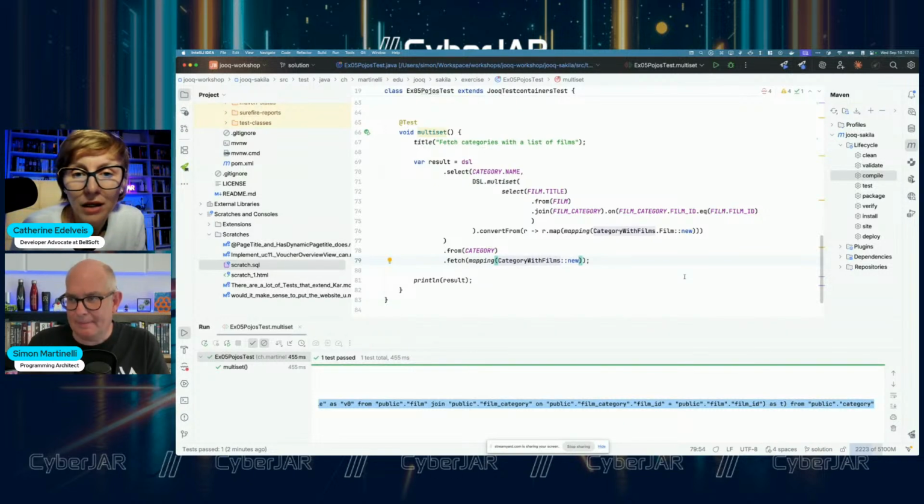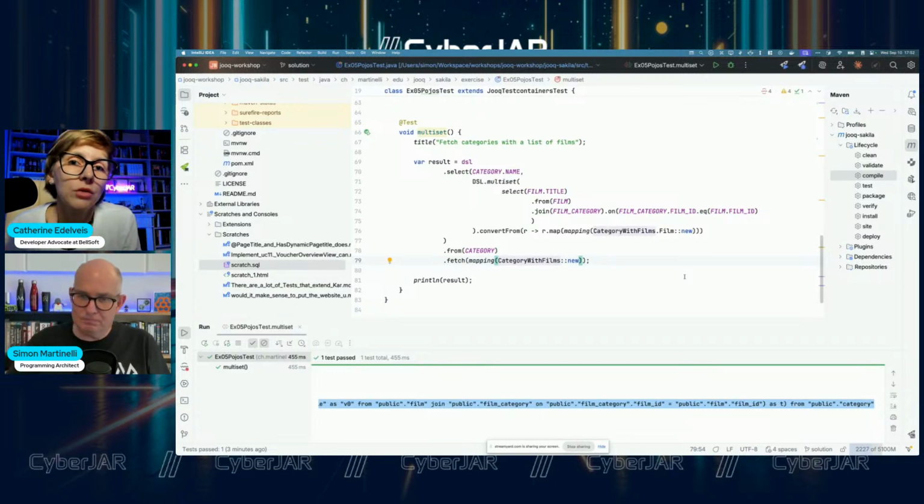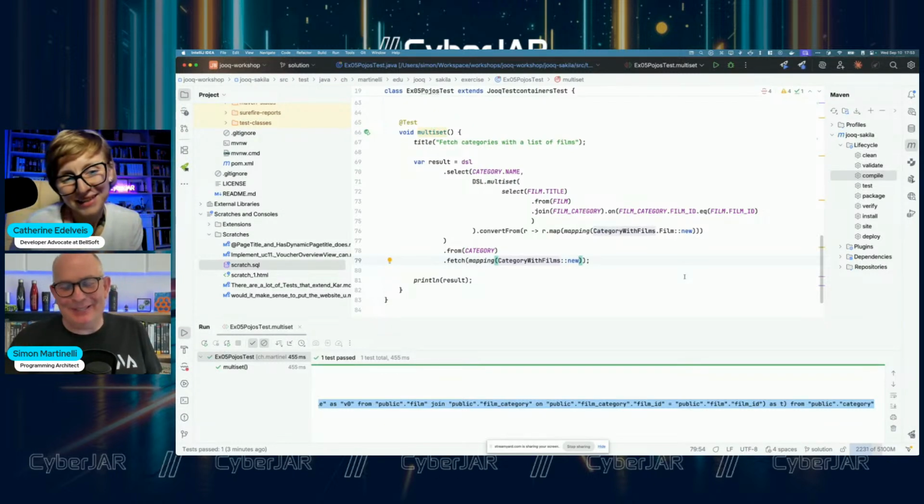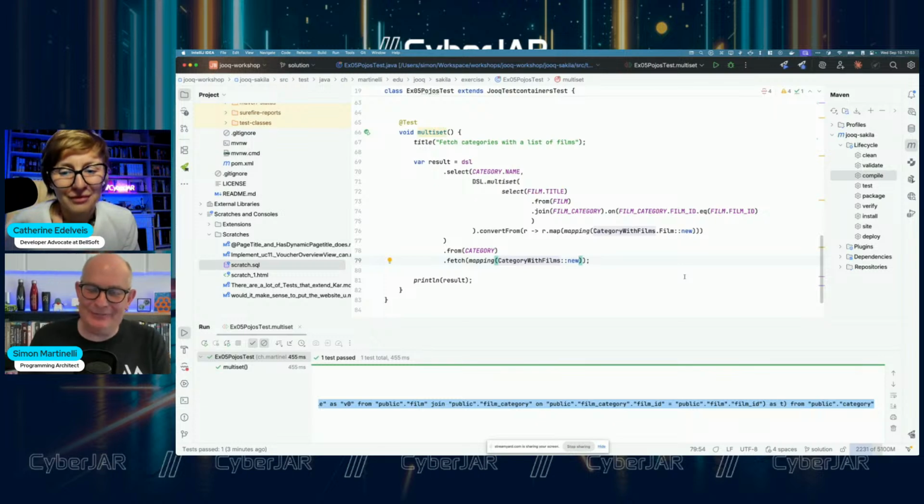Love it. Is there anything that is non-trivial with jOOQ? Is there anything that jOOQ doesn't support or struggles with, so that we get to know what we are dealing with? The problem with jOOQ is that you have to know SQL. Yeah. Because a lot of people that are using JPA don't really know how SQL works. Because SQL is very powerful.